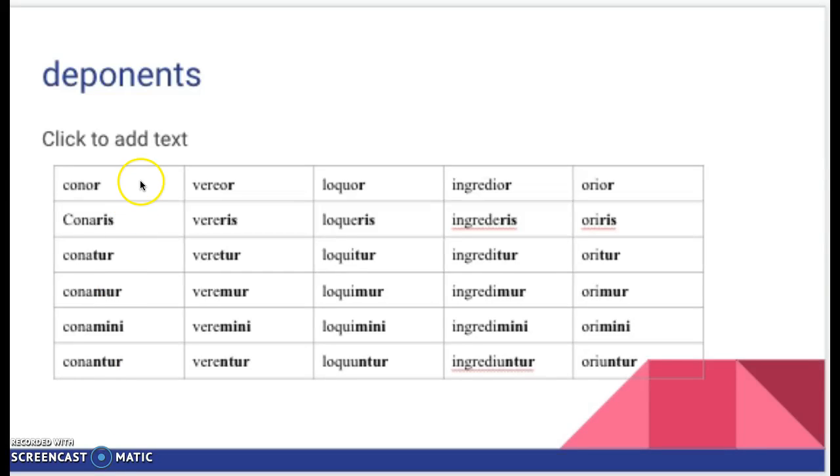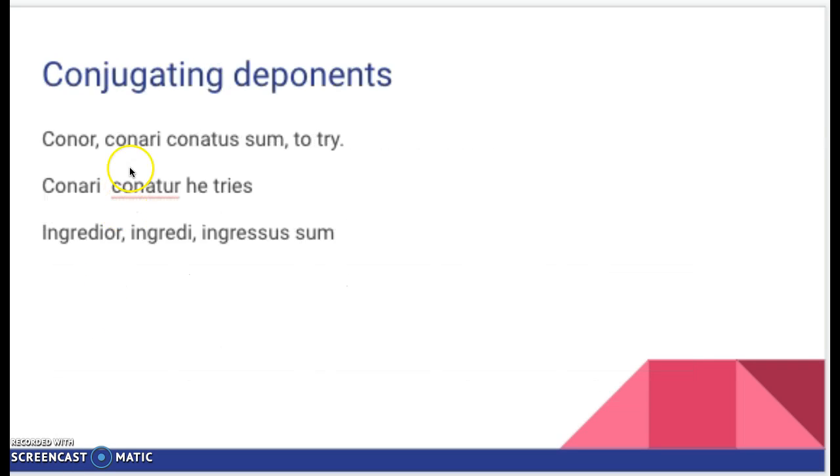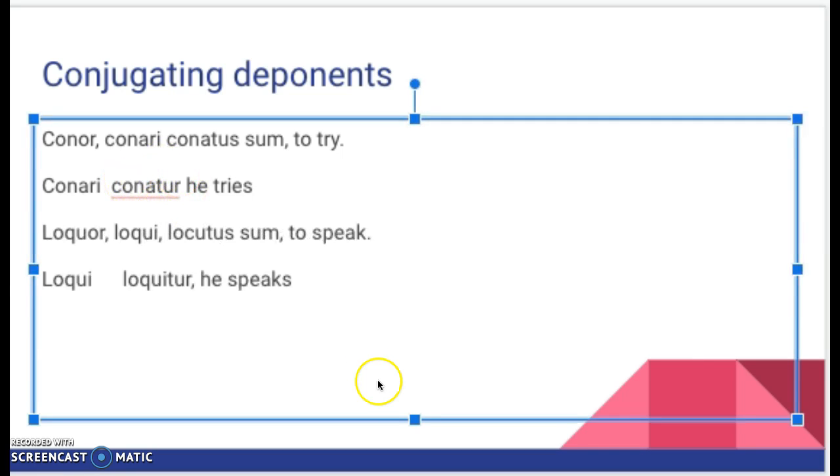in meaning. They usually have endings such as the passive verbs, that is are, is, and to. These verbs, though different from the present active, have the same meanings, although with different endings. Different verbs are usually conjugated the same way as present active verbs. You go to the second principal part, take off the re and add the ending that suits the subject and